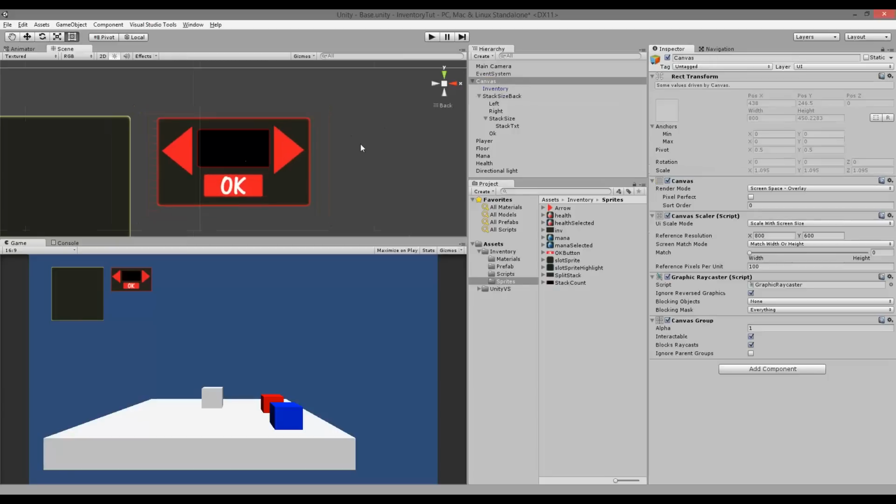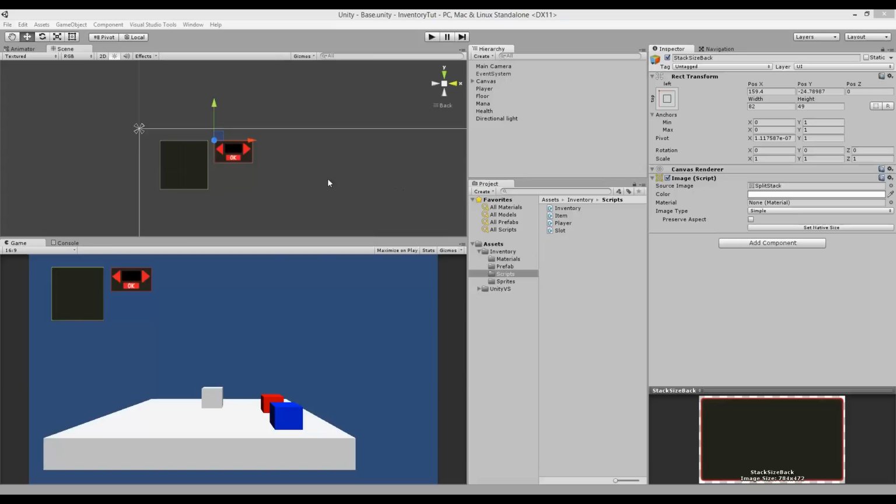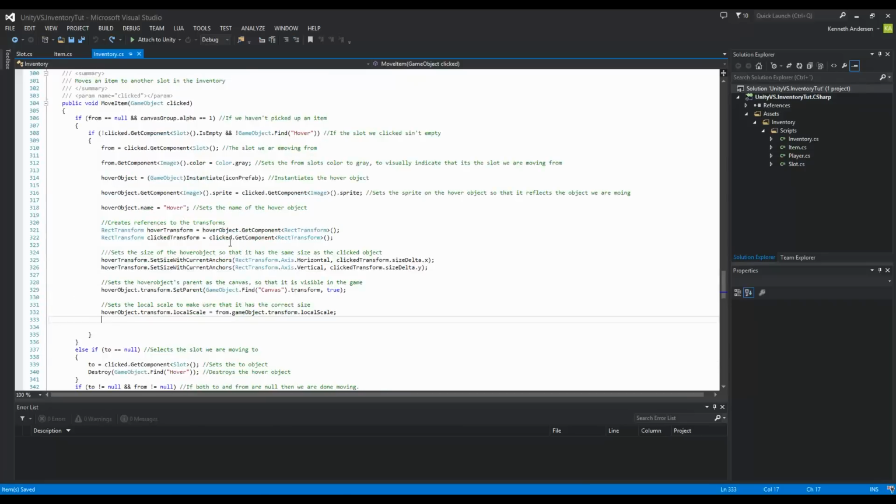So now everything is set up, and we can start adding some code for this. We need to write a lot of code before we can actually split the stacks, but I'll take it step by step and show you how everything is done, so I hope it's not going to be too confusing. So first of all, I want to clean up the code a little,